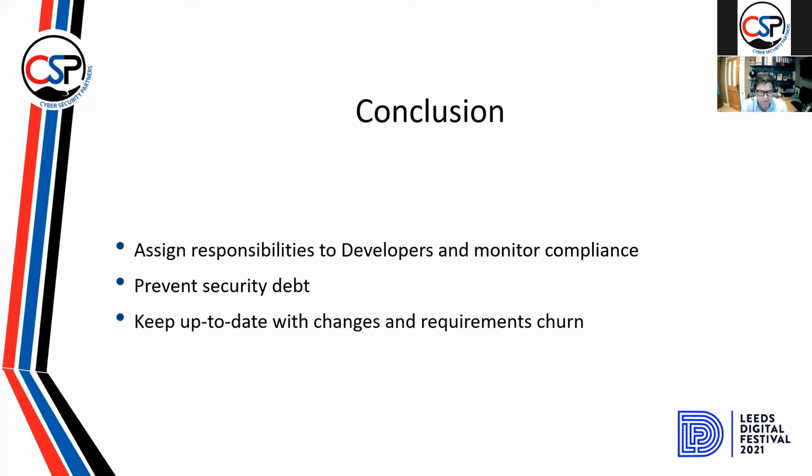And then lastly, the reason why we make friends with the Scrum Master: keep up to date with the changes and the requirements churn. Yes, we think we know where sprints are going and what they're doing, but there are always changes that come out, new features, new functionality that's desired. Somebody has an idea that they want to factor in. Keep up to date with those requirements, because the earlier we know about the changes, the earlier we can identify that risk. Getting that risk identified earlier allows you to address it, either include it in a later sprint as security debt, or actually address it within that sprint itself.